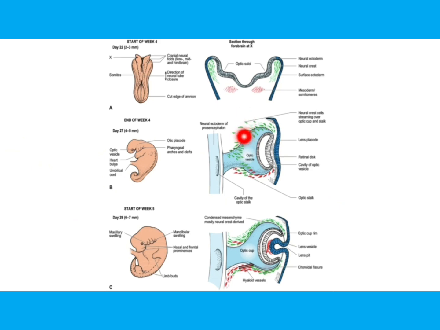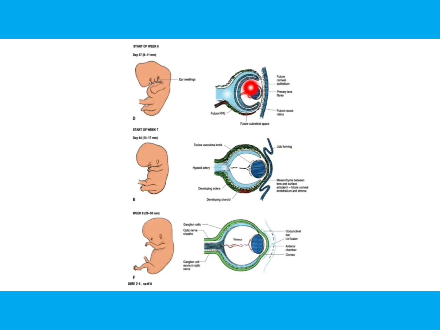Now, these are the neural crest cell and mesenchyme. These take a very vital role in the development of the ocular structures as they form sclera, Descemet membrane, endothelium and bony structure of the orbit. Okay, and as the lens vesicle is made, this lens vesicle gets its nutrition from the hyaloid artery and hyaloid vein, right? And at about the 23rd week of gestation, this hyaloid artery disappears and then the lens gets its nutrition